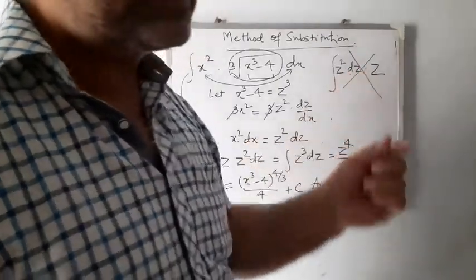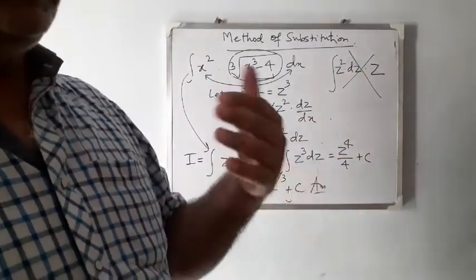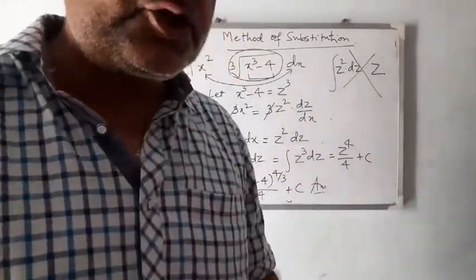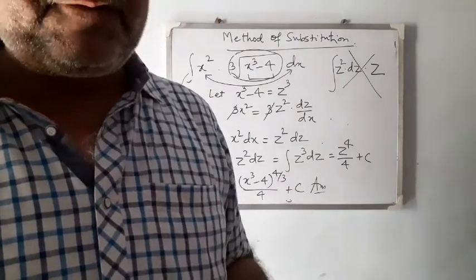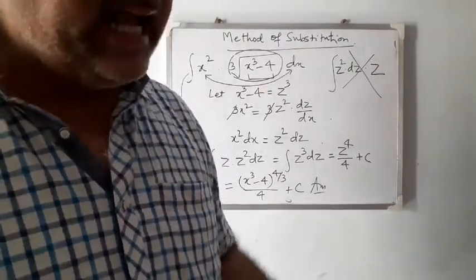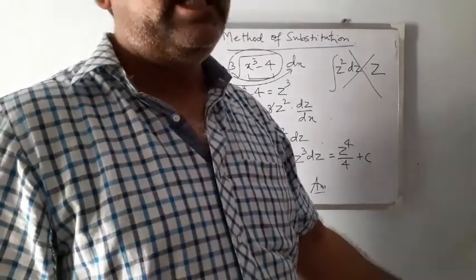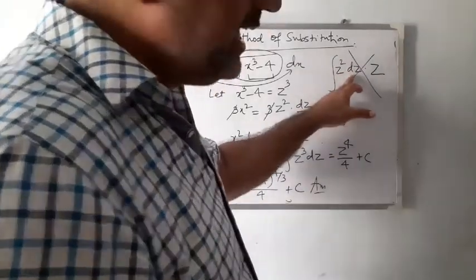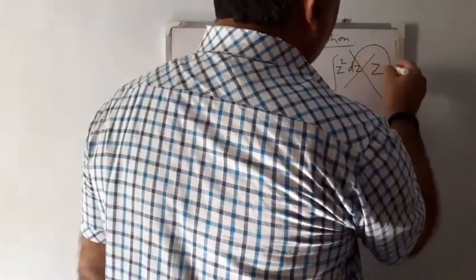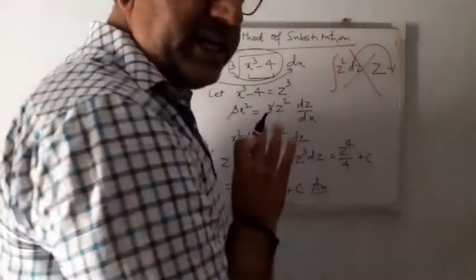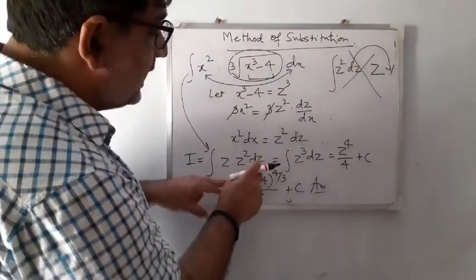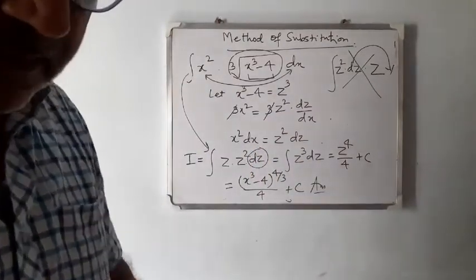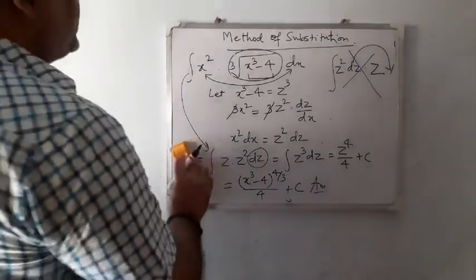Remember, dz is just like saying good night. If someone tells you good night, how are you, then this sentence is totally wrong. First of all, you have to say how are you, and then you have to say good night. After good night, there should be no discussion. So whenever you are writing dz, it should be at the end of all the functions written here. So always write dz at last, because this dz stands for with respect to z. So clear? Now take another problem.